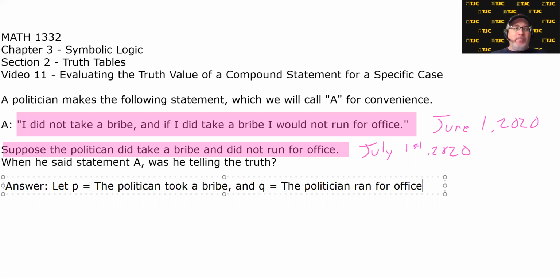Now you might be arguing, but in these statements, the subject was the word I, and these statements were in first person. We changed the subject to politician and changed it to third person. But I've said before that when you are translating words to symbols, you do have some flexibility with tense, and in this case, person in the statements. As long as they convey the same idea, it's okay. Now, if we let P be the politician took a bribe and Q be the politician ran for office, how would we translate